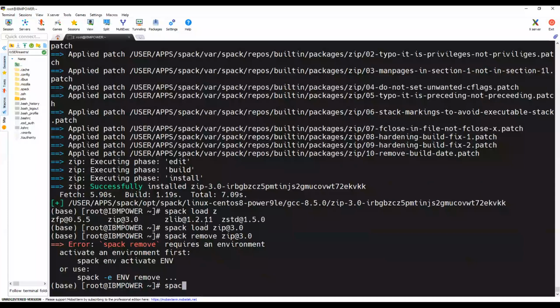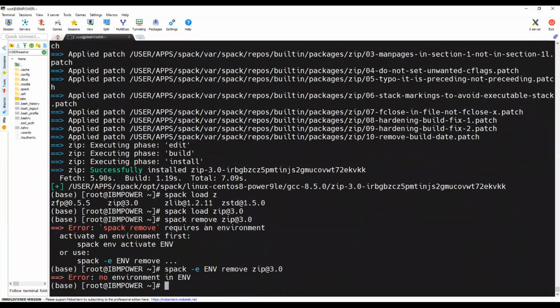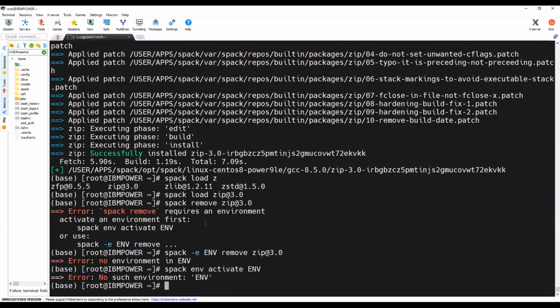Okay. So let me activate the environment because it shows some error. Okay, I think the environment is not active, no problem.